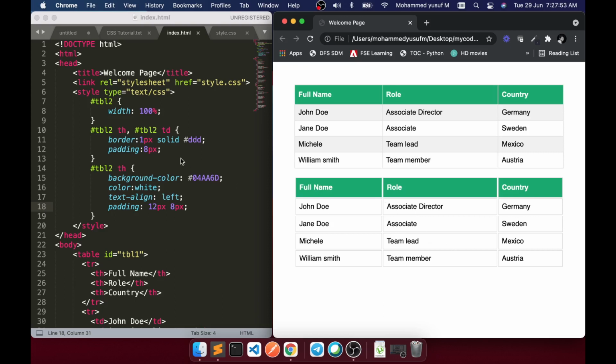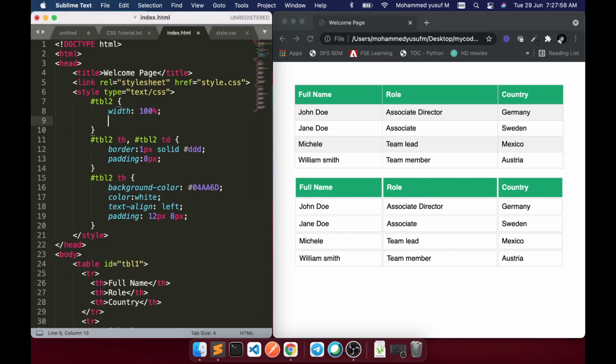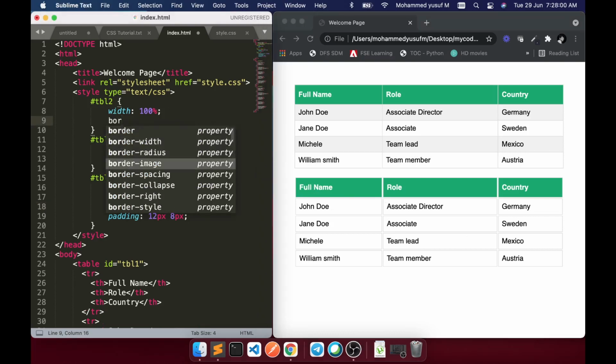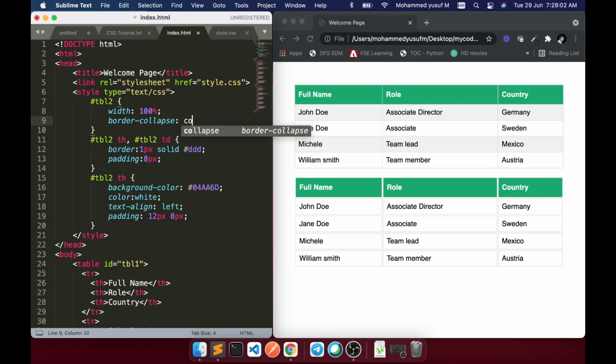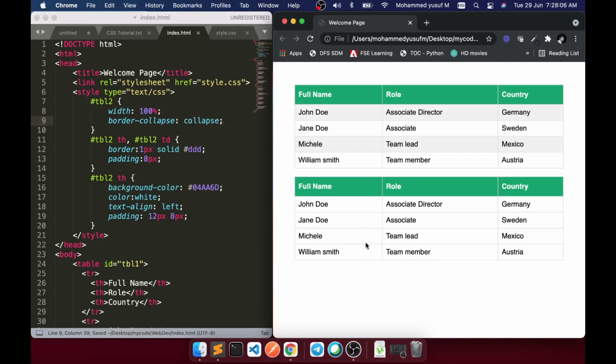There is a property we can apply at the table level, called border-collapse, and the value is collapse. Now it will combine the borders of adjacent cells, so it looks like a single border.